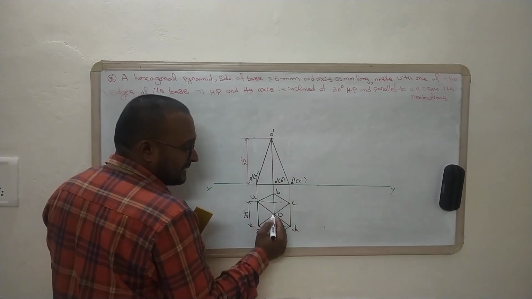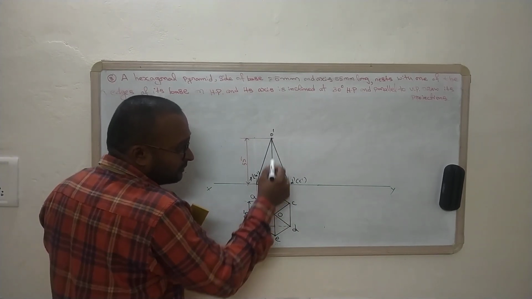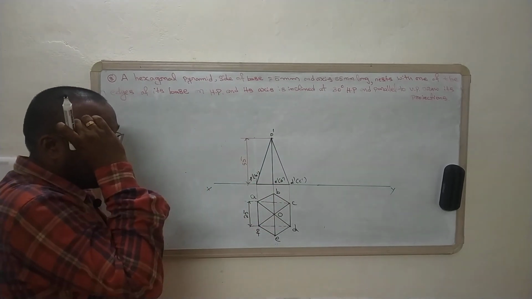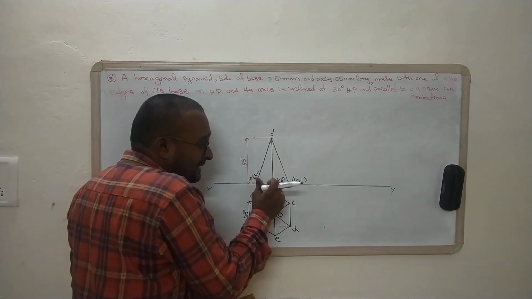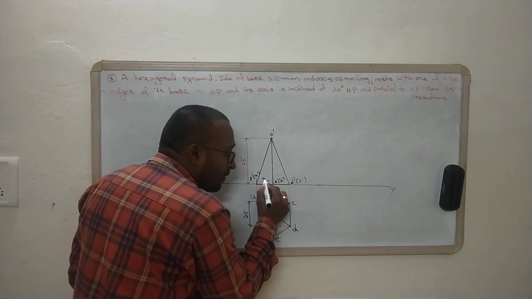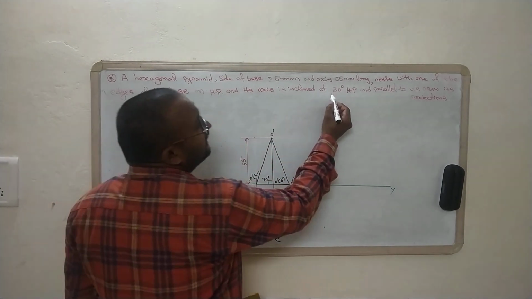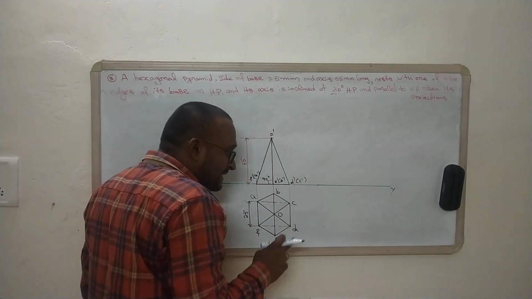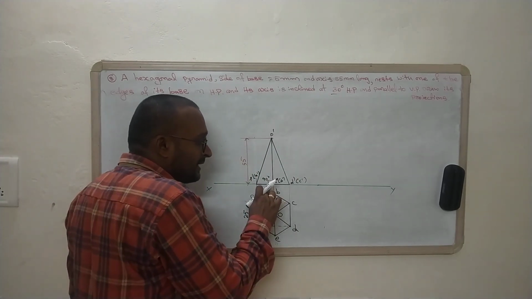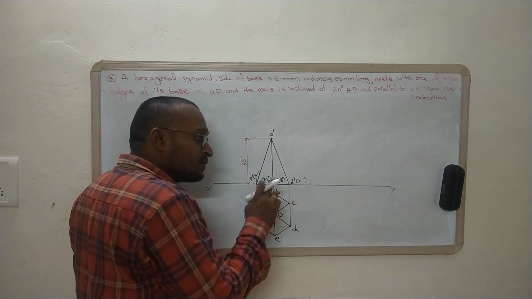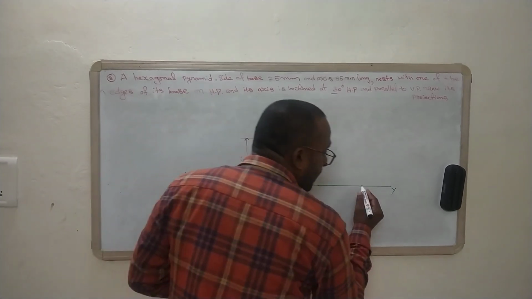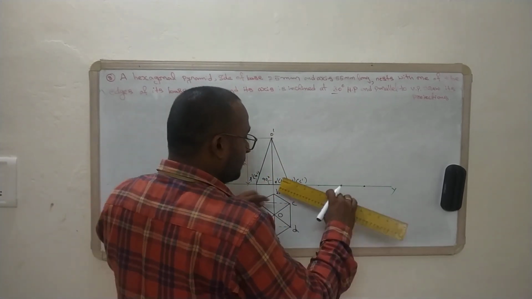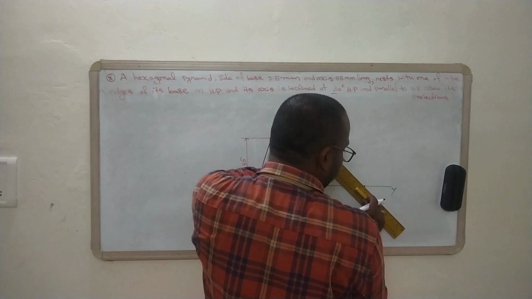Now this is the center axis. Am I right? The O, E intersection point, that is, this point is the center axis of that particular prism. So now the center axis is about 90 degrees to the ground. But what they have given is 30 degrees to the ground. So if we rotate that center axis about 30 degrees to the ground, automatically the base will be about 60 degrees to the ground. So mark the point and then take the distance from here to here, that is the 60 degrees inclination line.